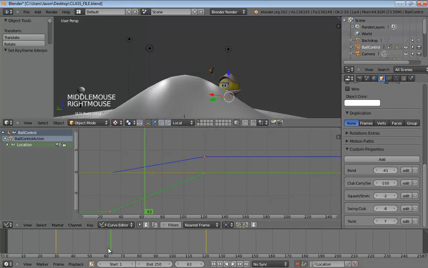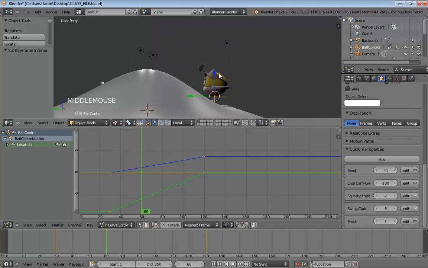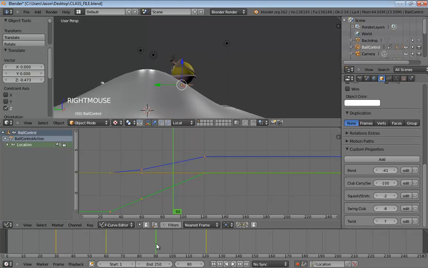Now, I'll move my timeline over to frame 60. And I'm just going to set the character pretty much just down on top of the hill. And at 90, set him on top of the hill again. In the middle of each set, and this is basically just like the keys that we did for our animatics, it's just good practice to run through one more time.